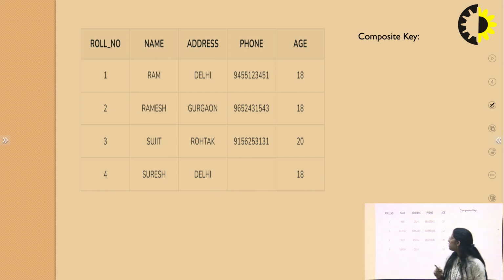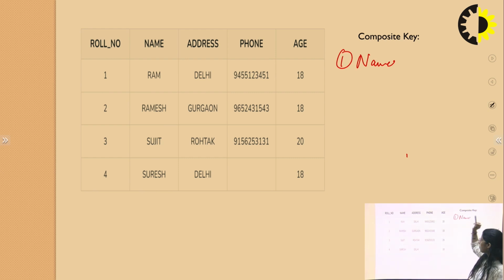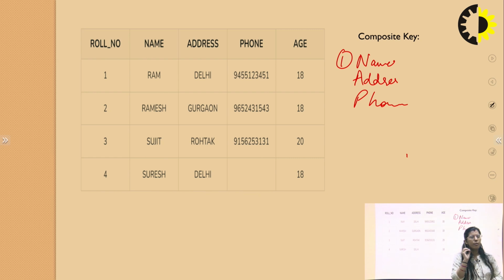So let's say here, if we consider name and address and phone number, there is a very rare chance that a student has a similar combination of these three. So we are always going to find a different tuple for an entry for these particular attributes.